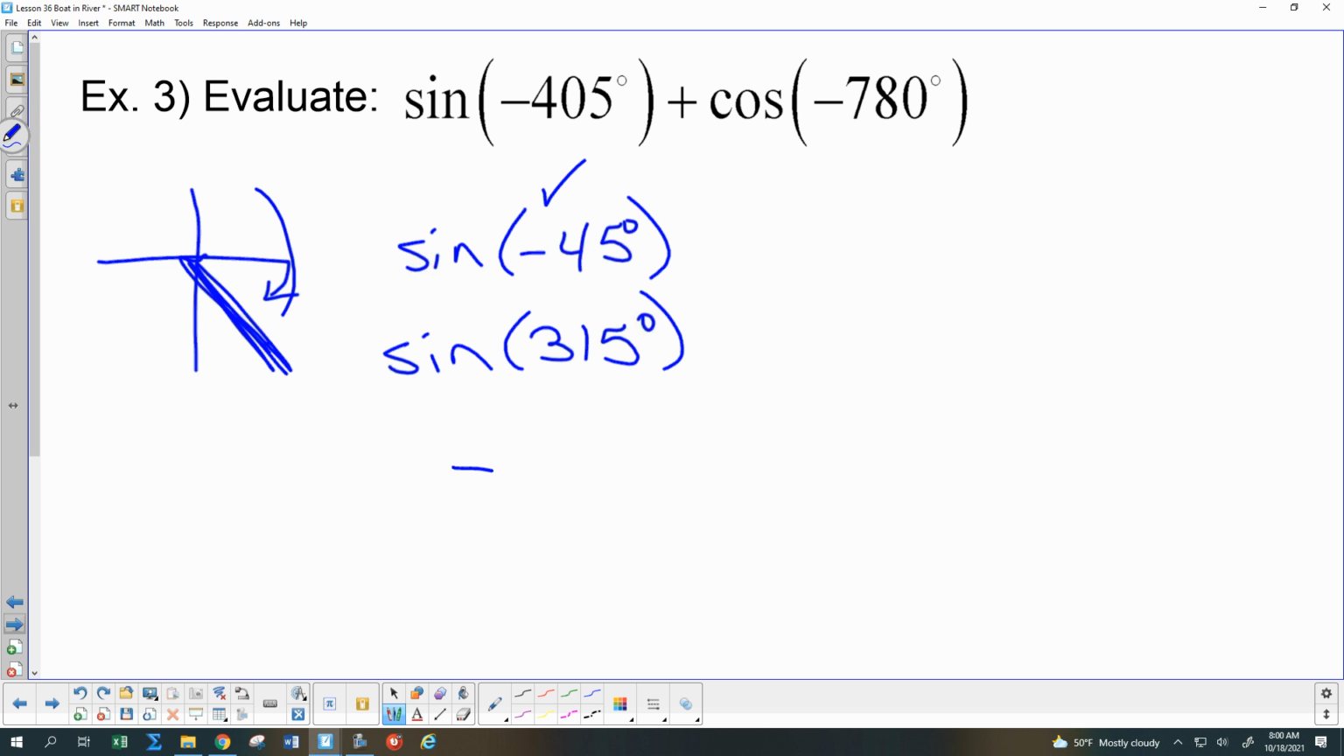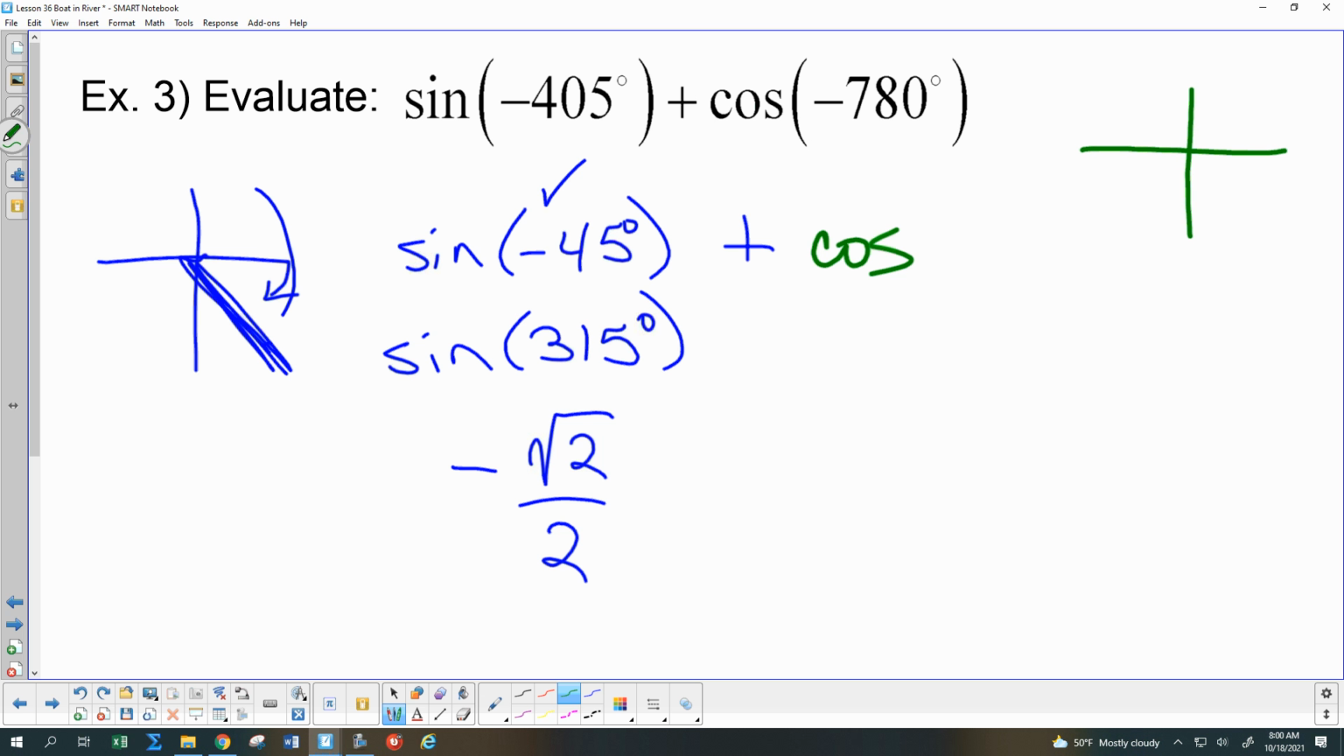Okay, very good. It will be negative because it's below the x-axis. And that one would be root 2 over 2. And again, we can draw the reference triangle if we need to. Okay, then we are going to do